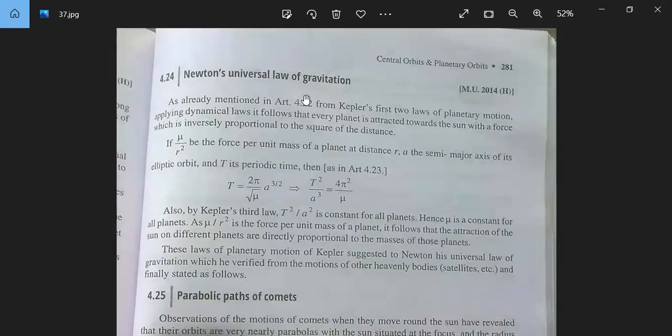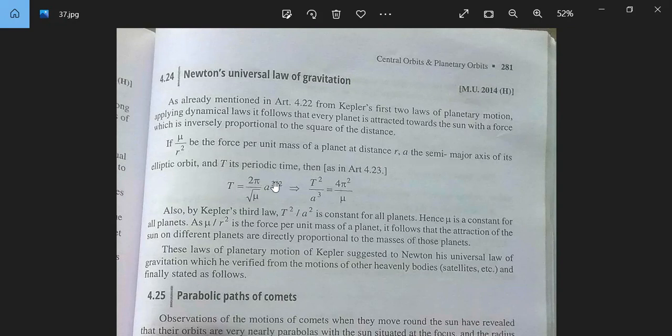इसके बाद है न्यूटन्स यूनिवर्सल लॉ ऑफ ग्रेविटेशन. As already mentioned, from Kepler's first two laws of planetary motion, applying dynamical laws, it follows that every planet is attracted towards the sun with a force which is inversely proportional to the square of the distance. If mu by r square be the force per unit mass of a planet at a distance r, a the semi-major axis of its elliptic orbit, and T its periodic time, then